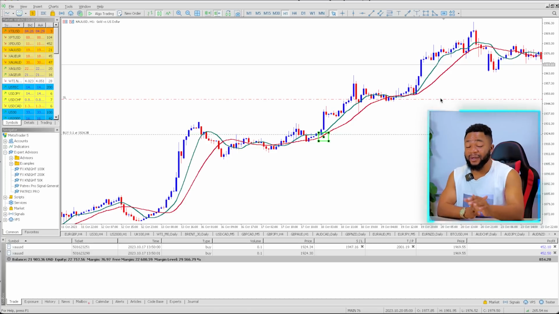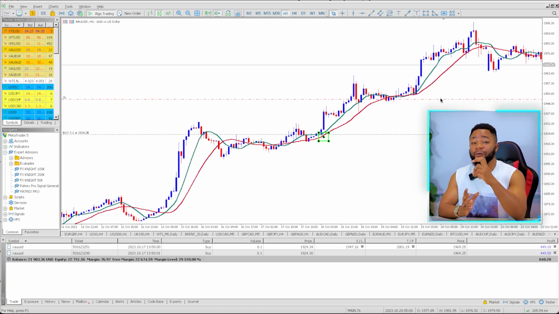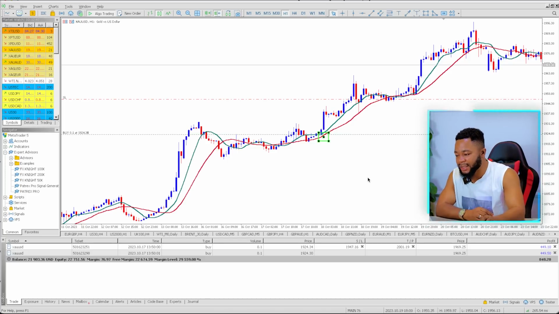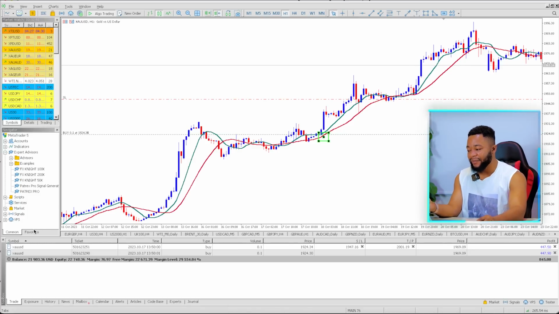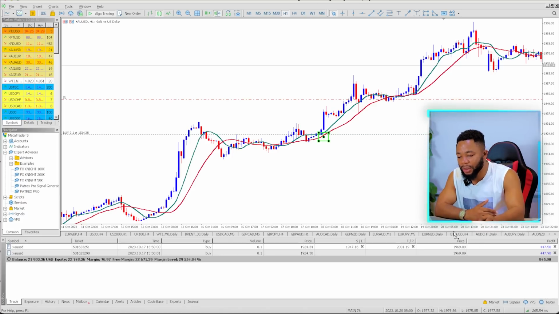pips in profit. Meaning, even if the market goes against us, we've already locked in about $300 in profit. And you can see that's my terminal. That's my live account. Those are my live robots there, and I've made almost about $450 or $850 using a 0.1 lot size, a mini lot size. Can you see, using a mini lot size, I can make